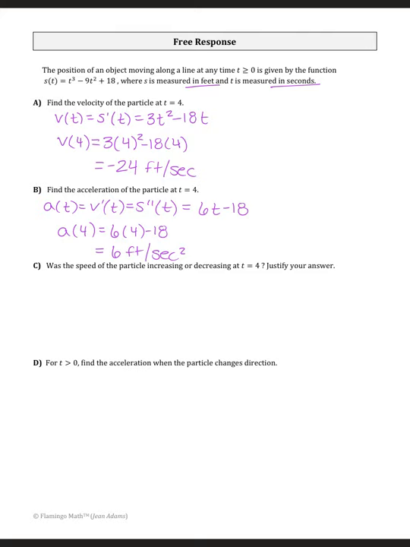Part C says, was the speed of the particle increasing or decreasing at t equals 4? Justify your answer. If you remember the 5 commandments, the speed is increasing if velocity and acceleration have the same sign. It is decreasing if velocity and acceleration have different signs. So since my velocity is negative and my acceleration is positive, they have different signs. So we can say that the speed of the particle is decreasing,